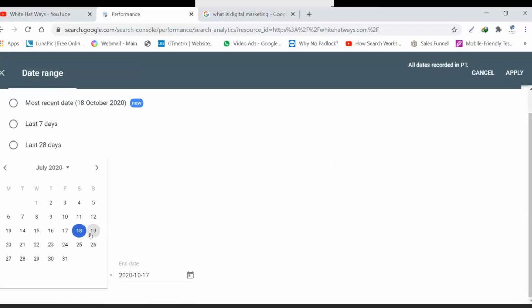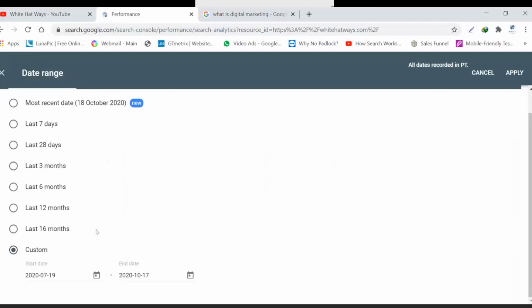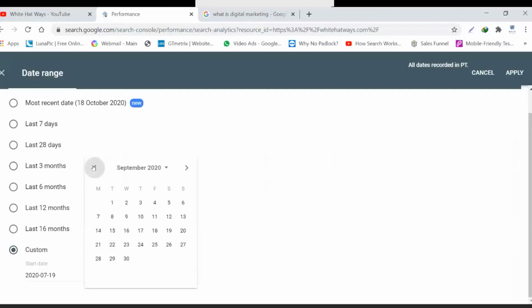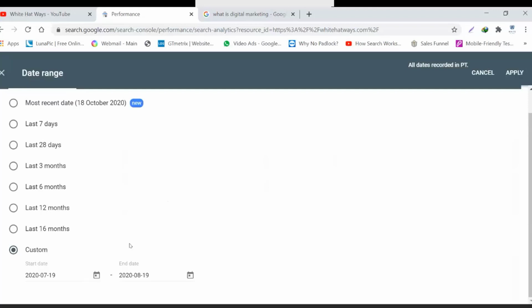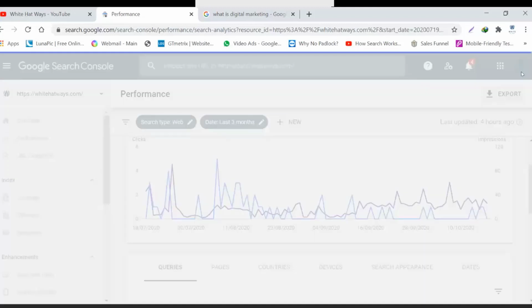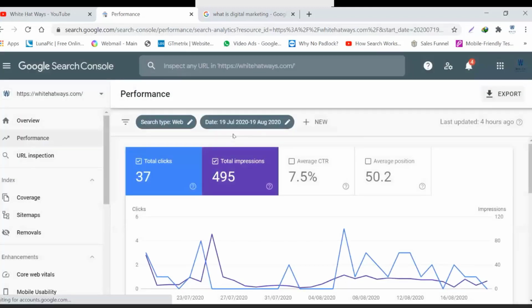So let's say 19th of July till, let's suppose, 19th of August, and then I'm going to click on apply. So the date range is changed over here: 19th of July till 19th of August, a full 1 month, and I can get to see how my performance was.